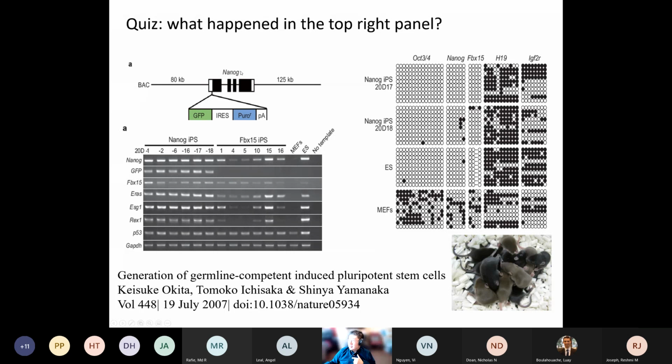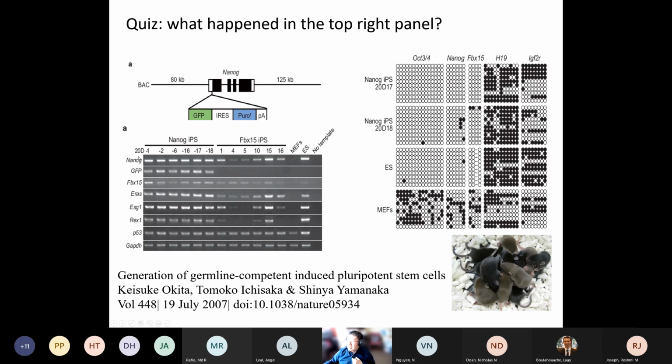fibroblasts, and he used this Nanog locus as his reporter. He put GFP into the genomic locus of Nanog. Nanog is a pluripotency gene. Therefore, with the GFP in the locus, the fibroblast won't express Nanog. But once the cell gets reprogrammed towards a pluripotent stem cell, the Nanog locus will be activated and the cells will show green fluorescence. Now you can pick the green cells and study whether they are indeed reprogrammed from fibroblast toward pluripotency, right? So in A here, he used the markers.